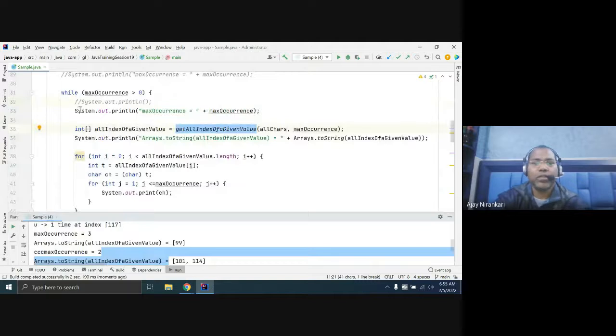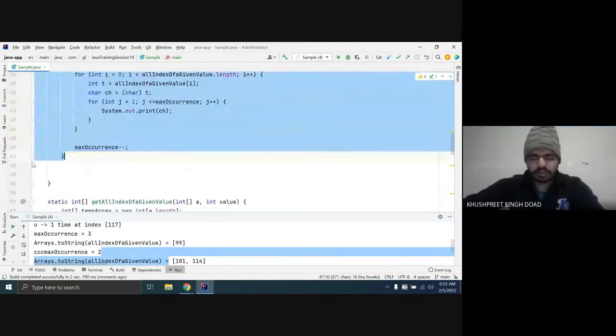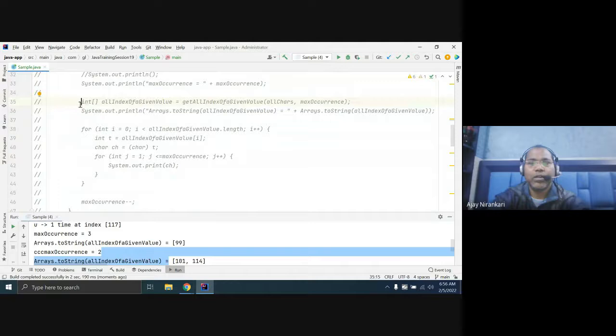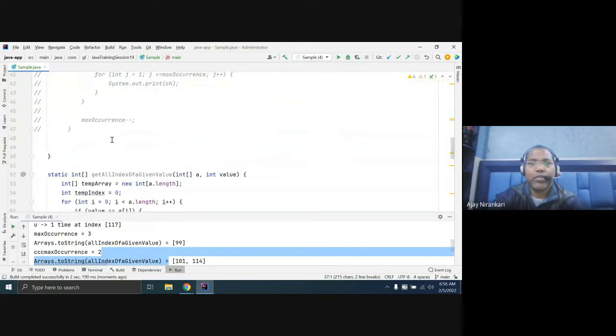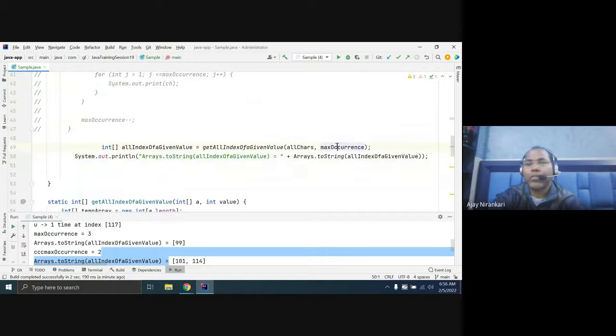So let us comment out this whole code. Okay, let's comment out this code here. Just try to explain how this method works. Here you have to pass some value. Let's say I have passed 3.